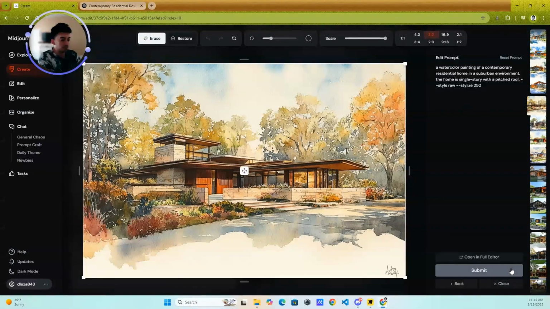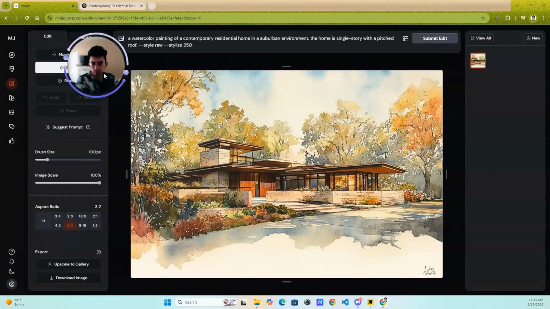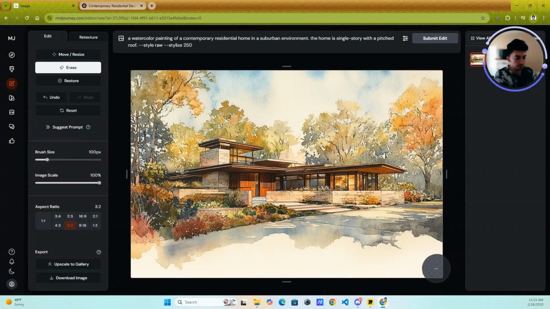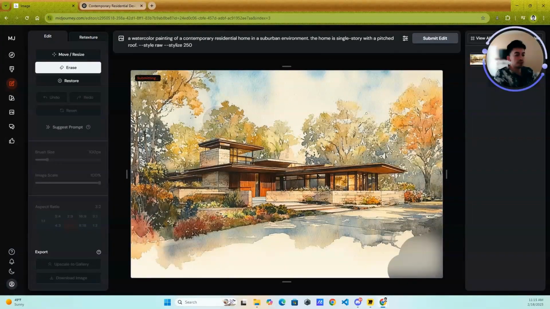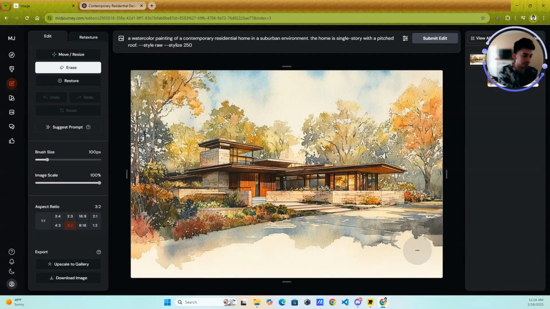So for instance, let's say I wanna go to the editor here, and I wanna edit this and remove that. So how would you do that? You say a watercolor painted contemporary home, residential urban home. Let's see if it just deletes it. Otherwise, I would probably have to be more specific, saying no signature or something like that. But sometimes it's obvious what you want out of it. So for instance, they delete it, you see,